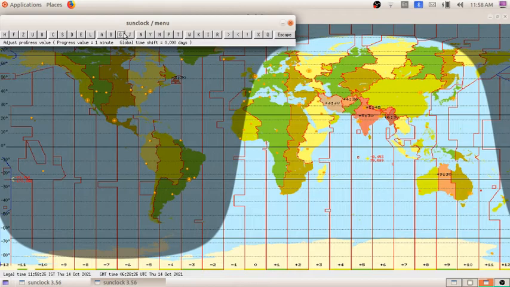But this can be changed using the adjust progress value, G. If the progress value is made 1 minute, what will happen? How can we do that? And after that, when we put the animation, what will happen?